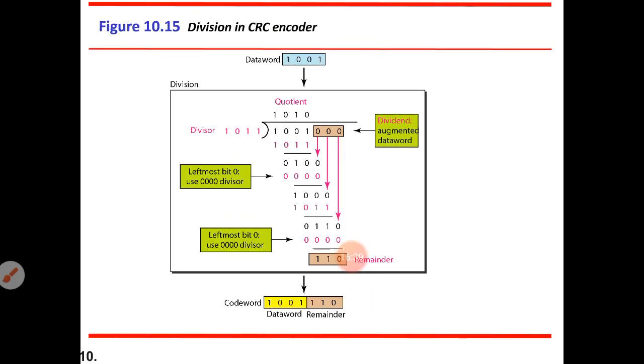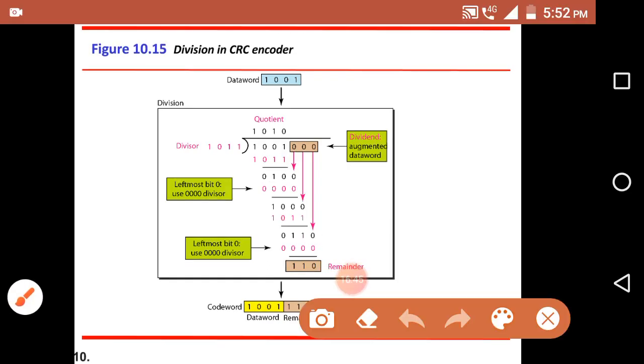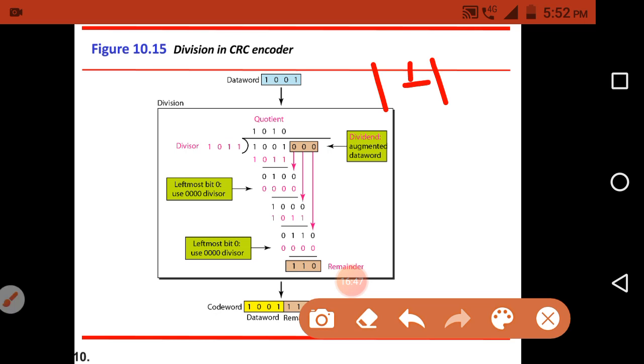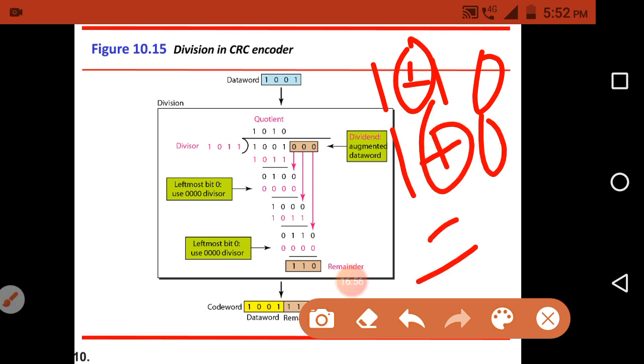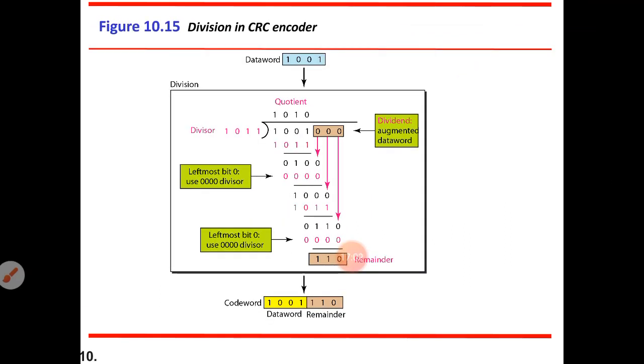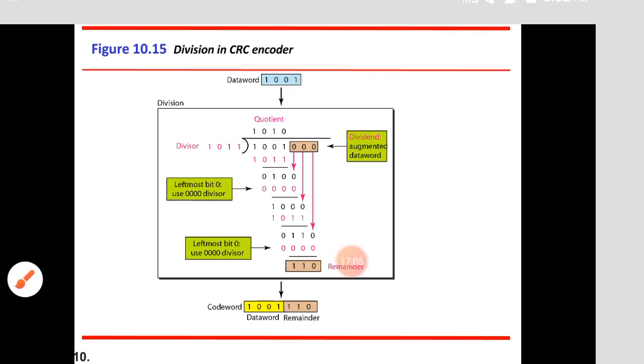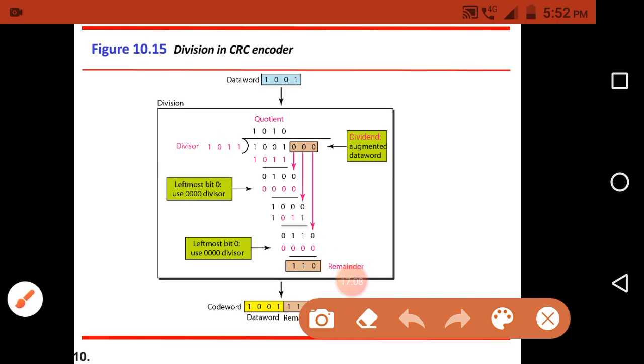Okay, so here the XOR operation means that if you are applying the XOR operation between two similar bits, then it will be 0. And if you are applying the XOR operation between two different bits, then it will be 1. So in this way you need to perform the subtract operation by applying the XOR operation between the two words. Here 1 1 means 0, 1 0 means 1, 0 0 means 0, and 1 1 means 0, because two similar bits give 0 and two different bits give 1.